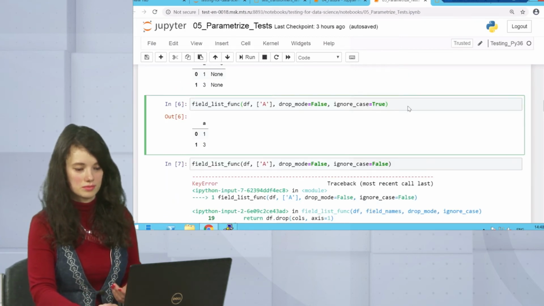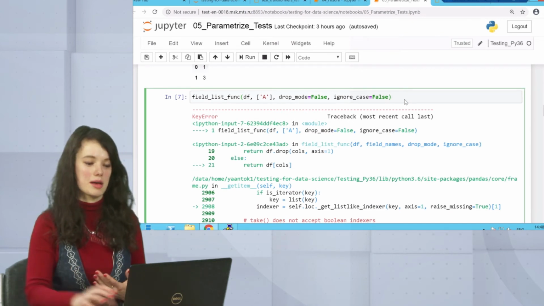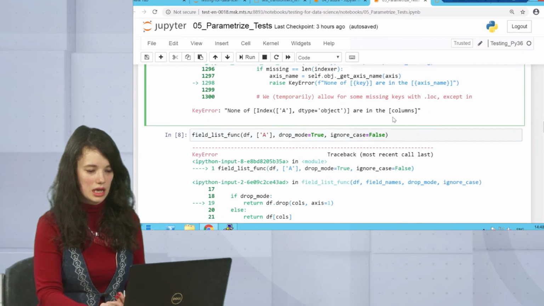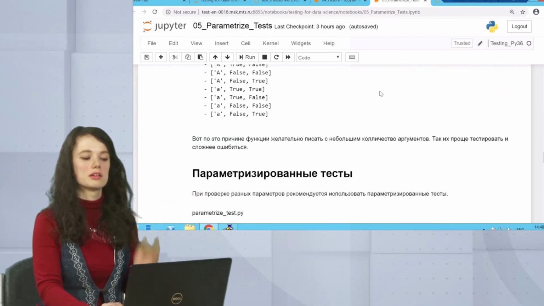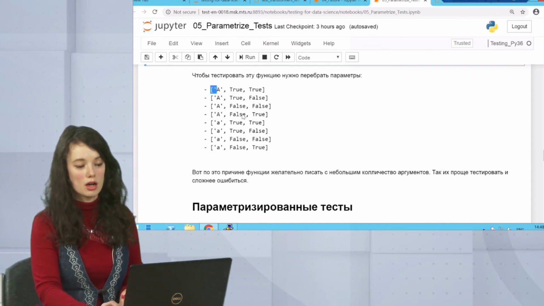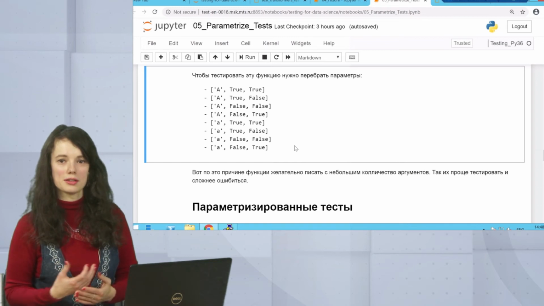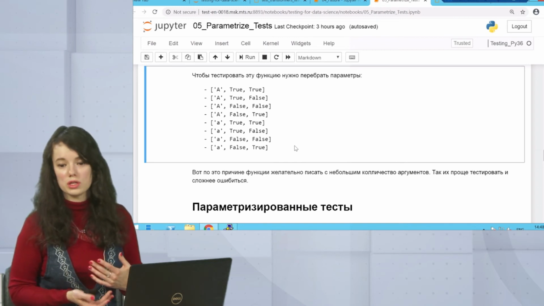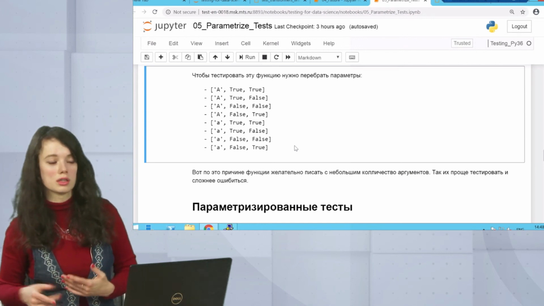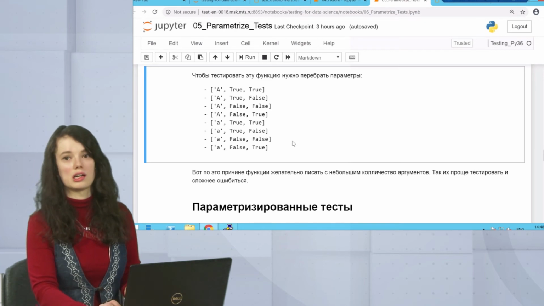And another. And after that, we suddenly found a failing example. And another one. So for testing this function, we need to check all these variants, which is hard, and copy pasting the code with different parameters is not the best way of doing so. And this is the case